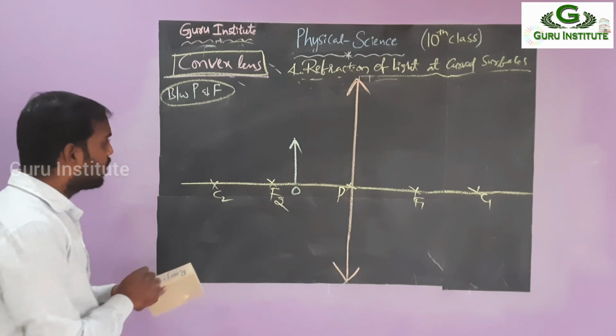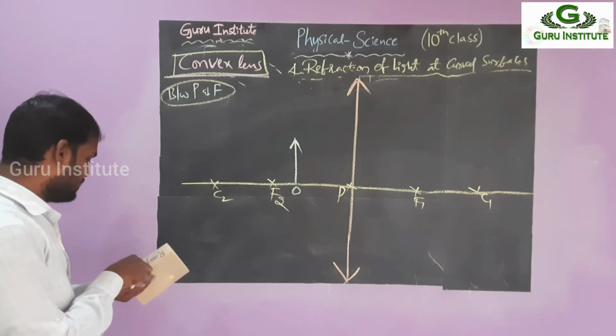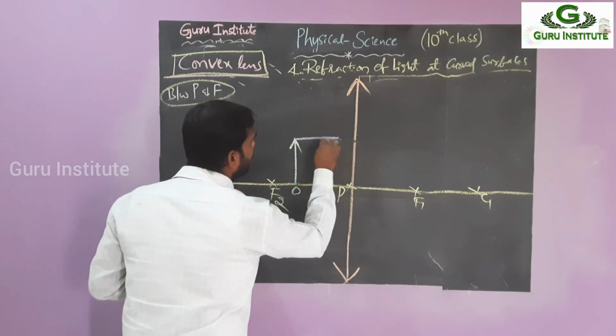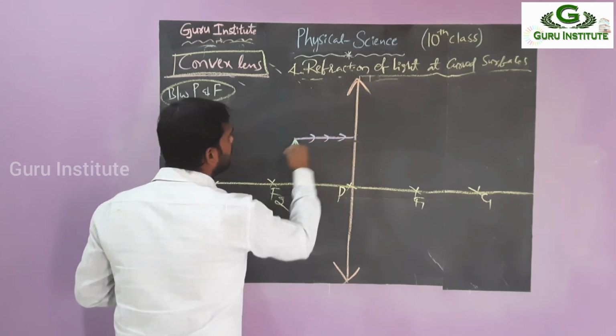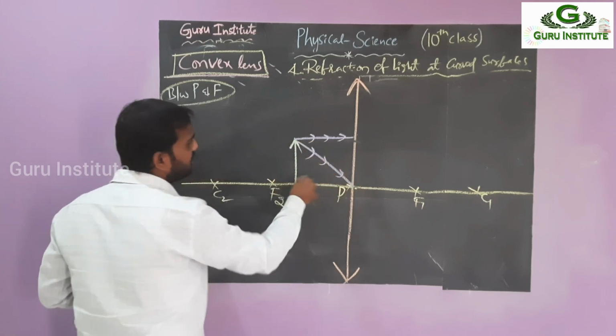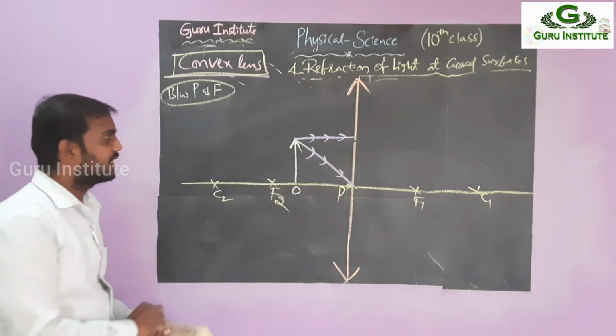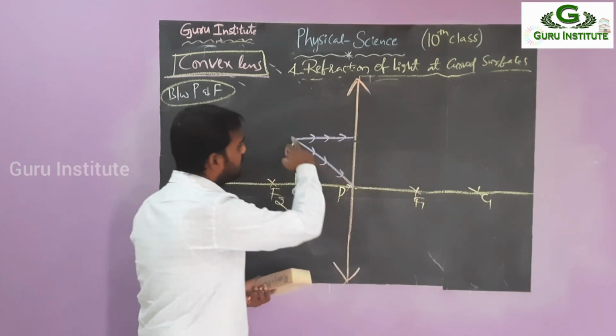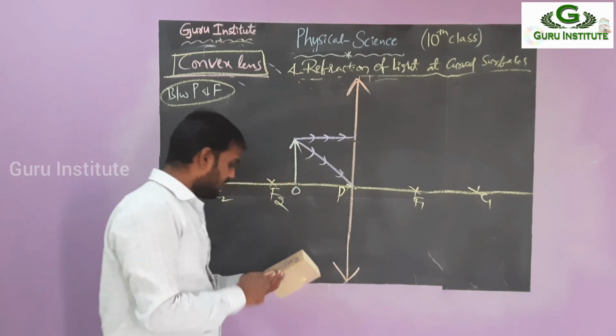Right. According to our knowledge, what can we draw first? What can we draw first? Parallel line. Right. Next, what is that? Passing through pole. This only, right? I'm starting with the first one only. I'm taking the two instead. Right, the ray parallel to the axis passing through the focus; that should come like this. Next, the ray passing through pole with no deviation. Okay, right. We have to draw this one.